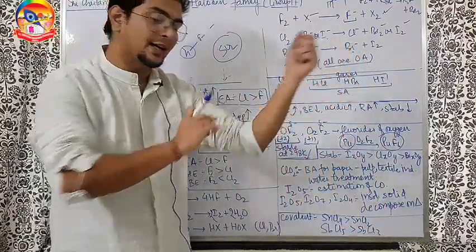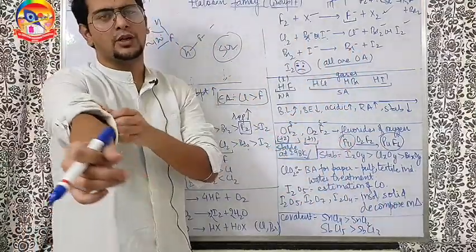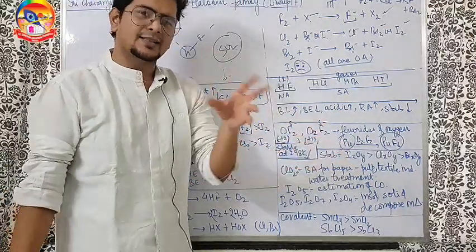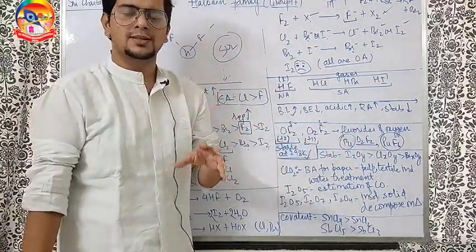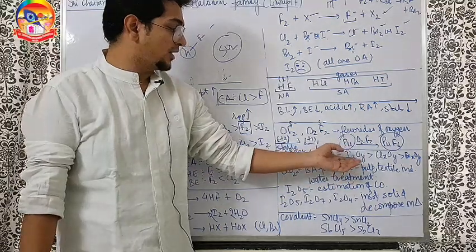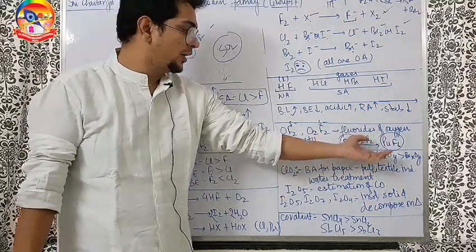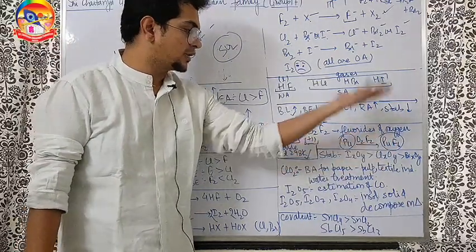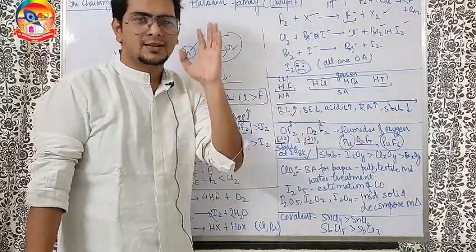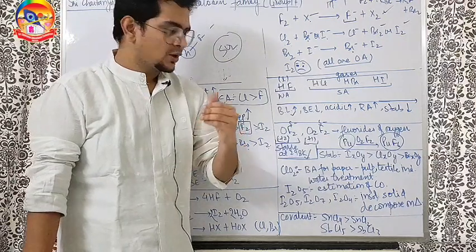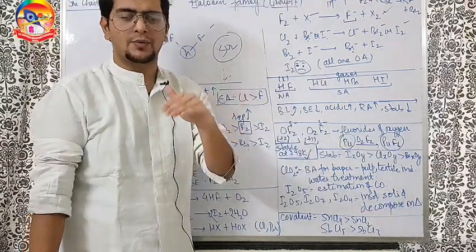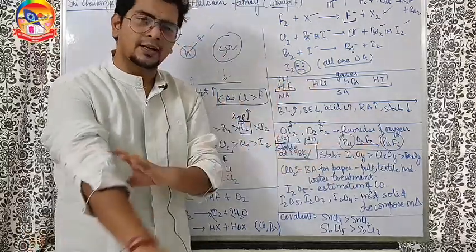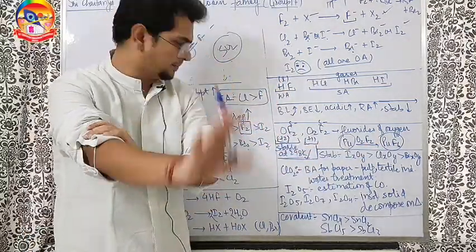Going ahead, regarding stability, iodine oxides are more stable than chlorine oxides, which are more stable than bromine oxides. So you have to remember it directly. Reasons are also there, but there is no point in going into the reason. Like iodine and oxygen have a more polar bond, chlorine and oxygen can form better pi bonds, and bromine shows no such property. That's why the bromine oxide is least stable. This is there in the latest NCERT. If you want to hear what I have said right now, you can rewind and hear again, or you can refer to the NCERT. But this stability order in itself is sufficient for you in the revision part.